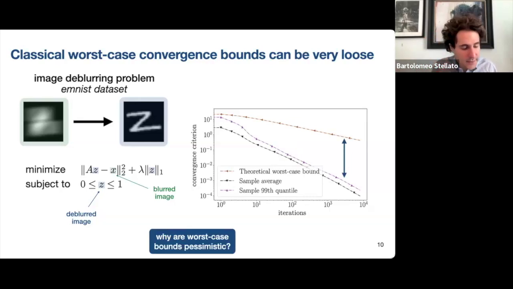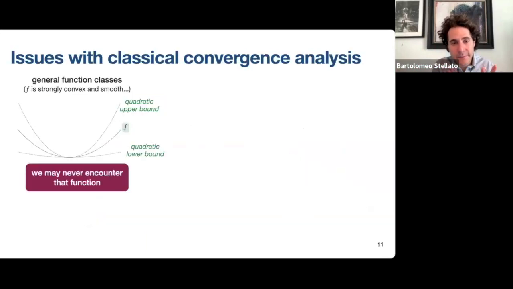So the worst case bounds are way more pessimistic than what actually happens in the worst case by looking at a specific distribution of problem instances. And why does this happen? There are different reasons. The first reason is that we're looking at a much more restricted function class. In general, the ones assumed by known bounds are, for example, strongly convex and smooth, which means that it's way more generic than the function class obtained by just parametrizing the problem in a specific way,